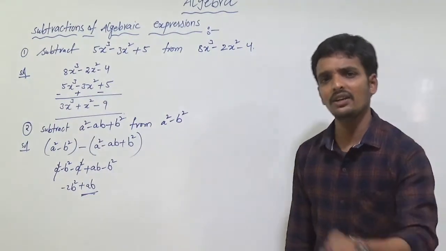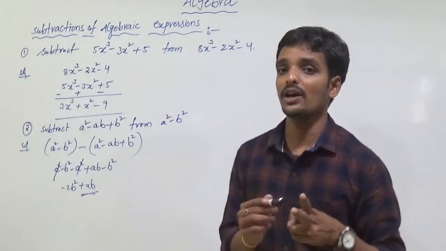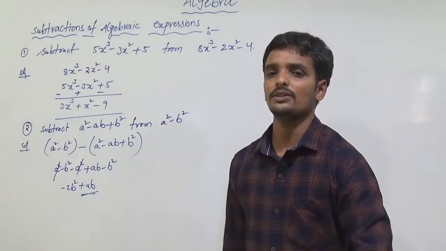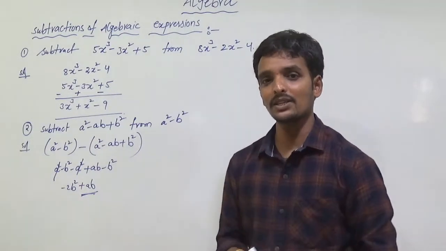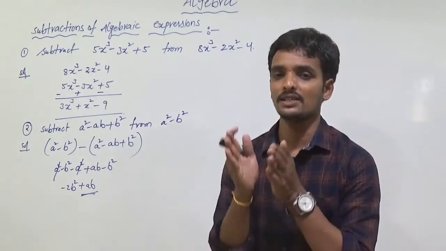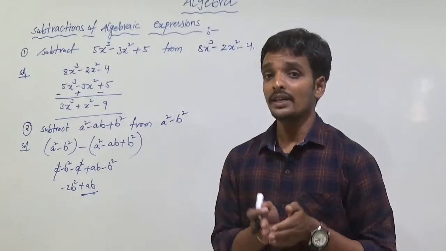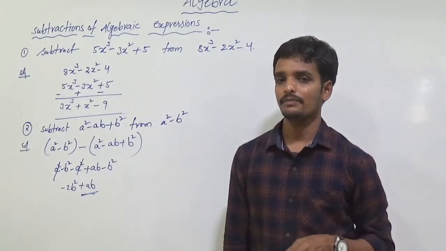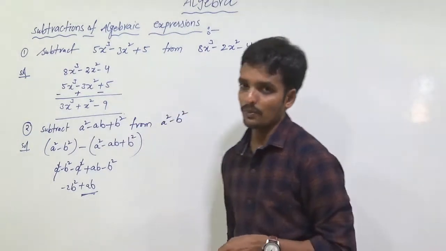Subtraction is addition. So when we are having the same symbols, we are doing addition. When we have the negative symbols, we are doing subtraction. So in addition, we are doing the subtraction. In the subtraction, we are doing addition. That's why I am telling you, additions and the subtractions of the algebraic expressions are same. So addition and the subtraction are depending upon their symbols. This is the subtraction of algebraic expression.